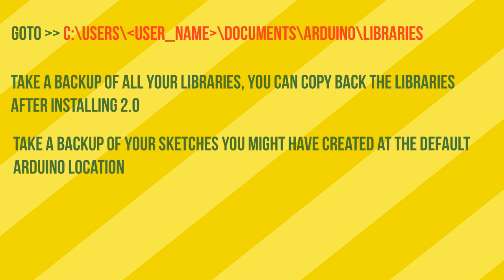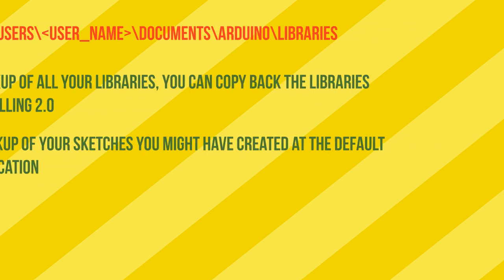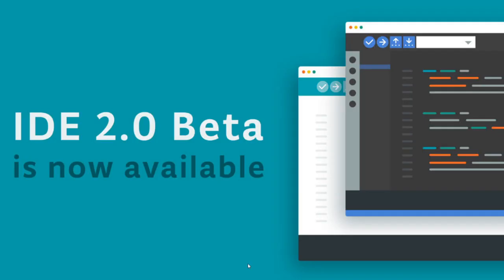Now the next thing is, guys, once you've taken the backup, you can just uninstall the earlier version and then install the latest version the standard way. There's nothing much in terms of the way it needs to be installed. So I don't think there's anything major to complain about in the IDE, apart from the minor bugs here and there in the text editor window and things like that. So let's wait for the final version.